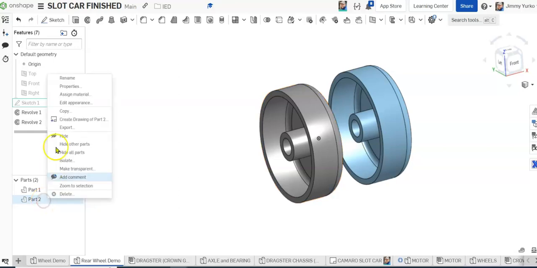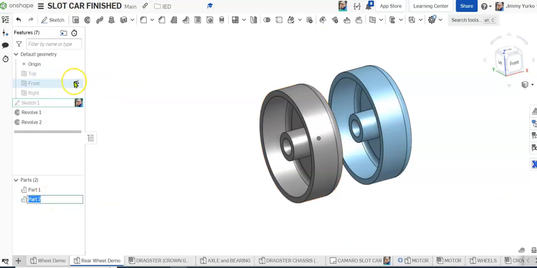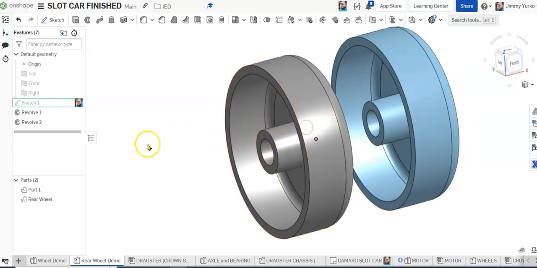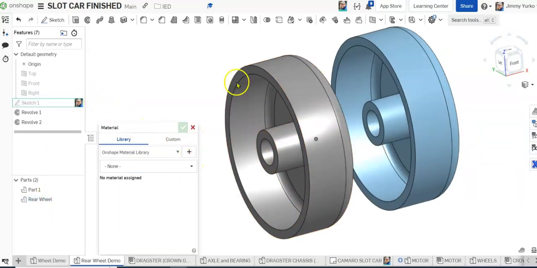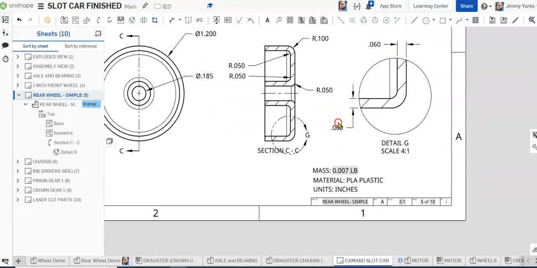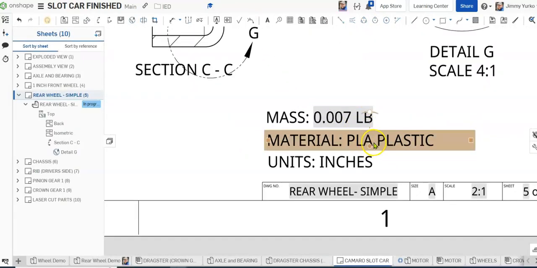This is called part 2. I'm going to rename my part. Yours will probably be part 1. So I'm going to rename this wheel, rear wheel. And then I'm going to apply a material to it so that we can check to see if we got this right. So right click, assign material, and according to our drawing, the material is PLA plastic, and we should